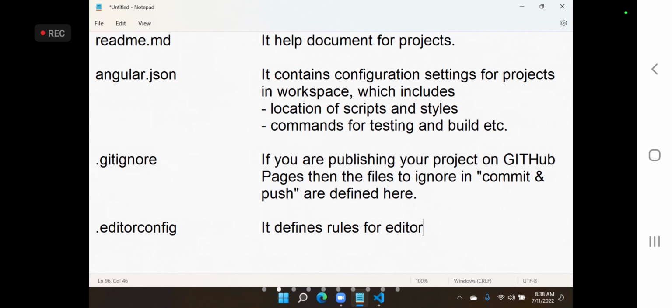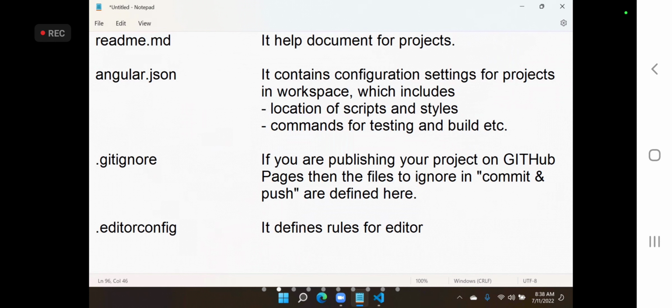You are using Visual Studio Code, but for the same project, another team in another country may be using Sublime, or WebStorm, or some other editor. So many editors are there, and they can use different editors. In a project, several teams work all over the world, the same project but with different editors.